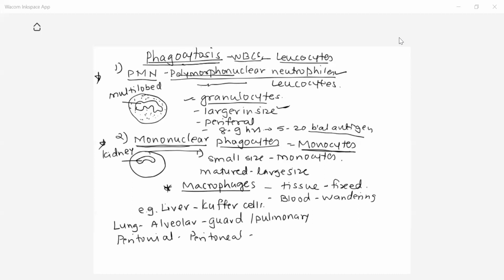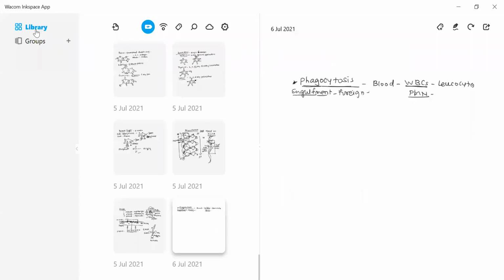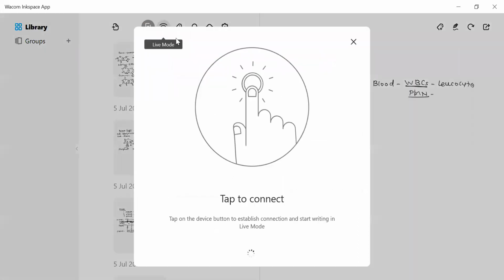Monocytes are the precursors of the macrophages. Macrophages are the main invading cells which are present all over the body. They are present in all tissues, in different organs of the body, as well as in the blood flow. So they are wandering macrophages as well as fixed macrophages. All these cells are involved in the process of phagocytosis. Now let us see how these cells engulf any foreign material and how they destroy the antigen from our body.